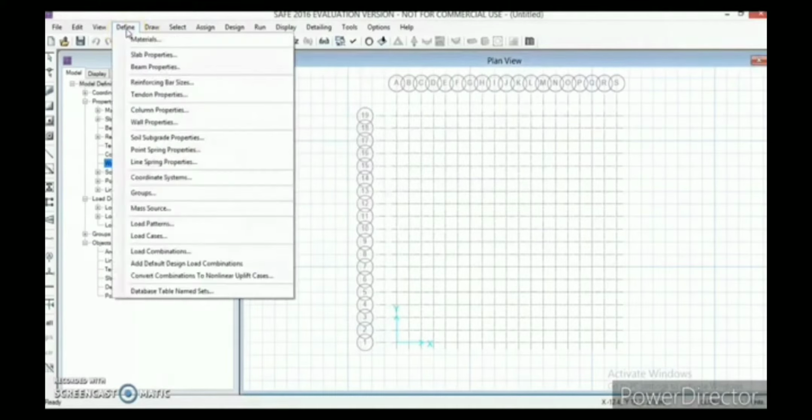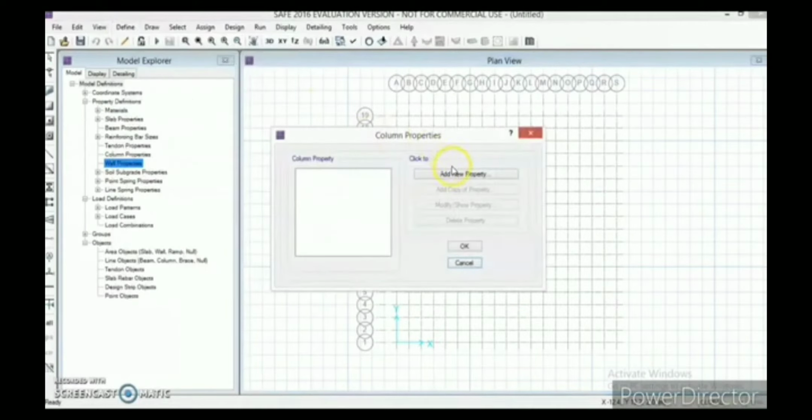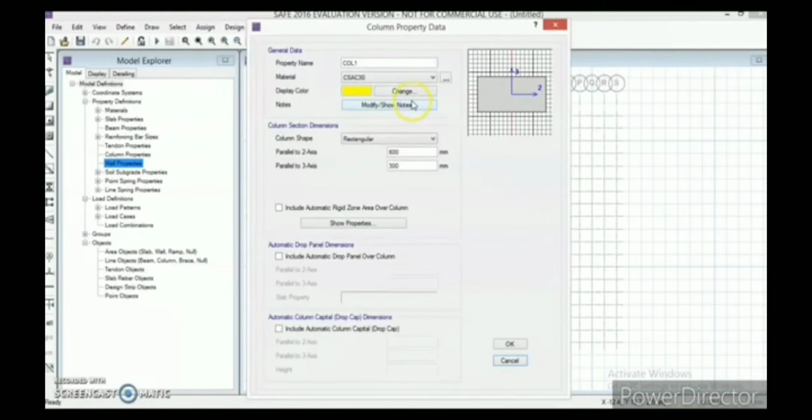Now again go to define. Now I need to define my columns as well. So add new property. Actually there are two types of columns. One column is of dimension 500 by 500 and the other column is of dimension 600 by 600. So column 1 is of 500 by 500, and I need to design my columns with M40 concrete.